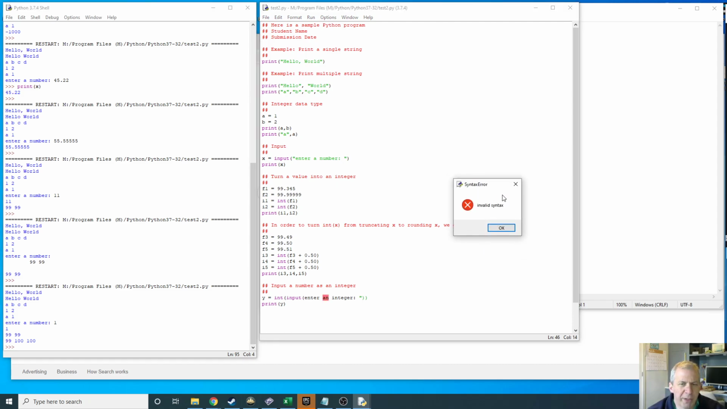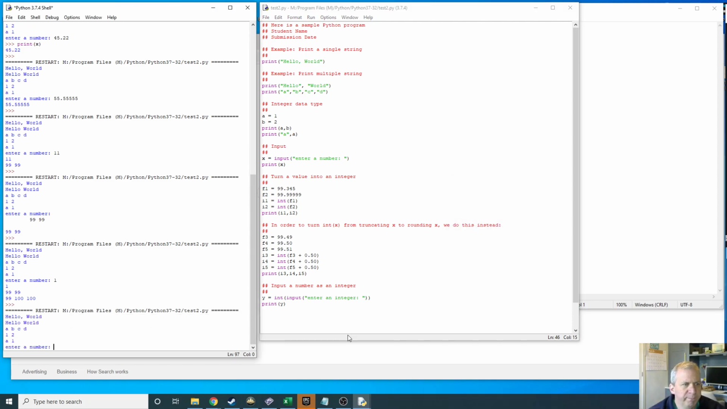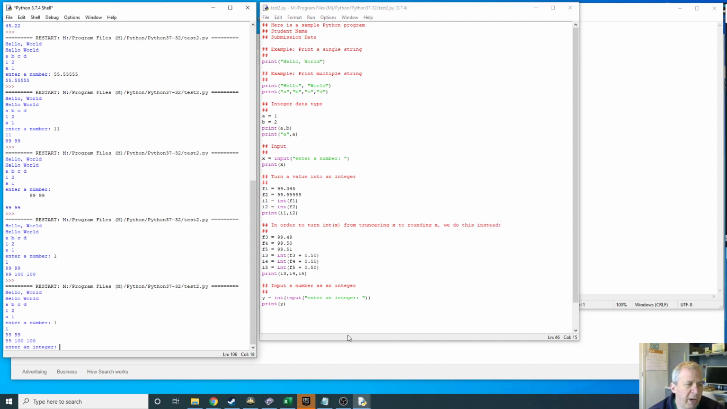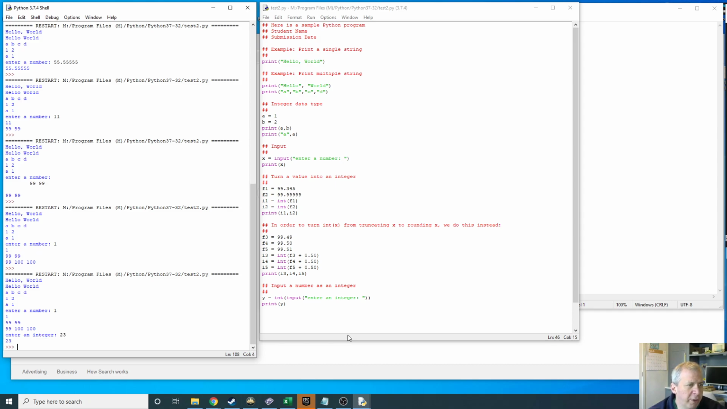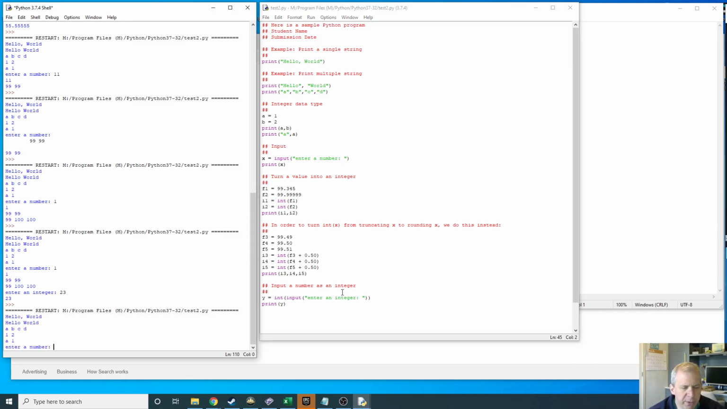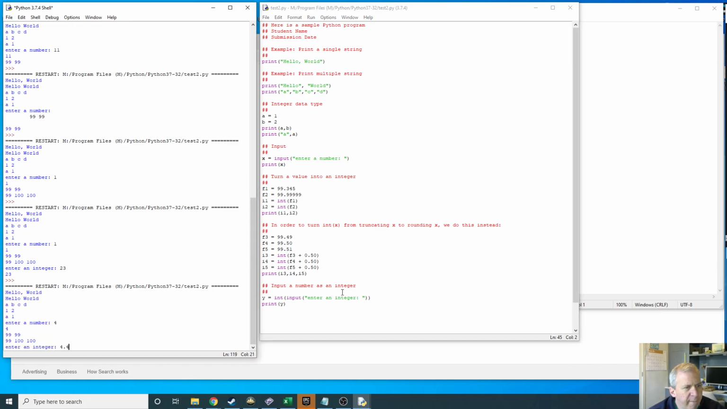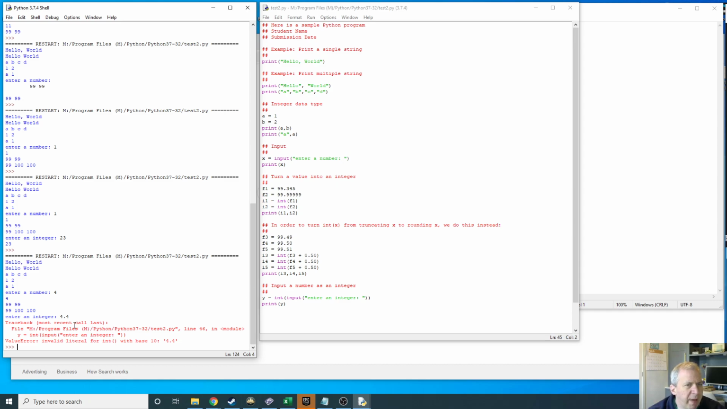I get an error message. I get invalid syntax, and you can see that the line is highlighted here. And so I can fix that. Now here it's asking me to enter an integer. So if I enter an integer, it works fine. Let's try to enter a non-integer and let's see what happens. It failed, right? So in other words,